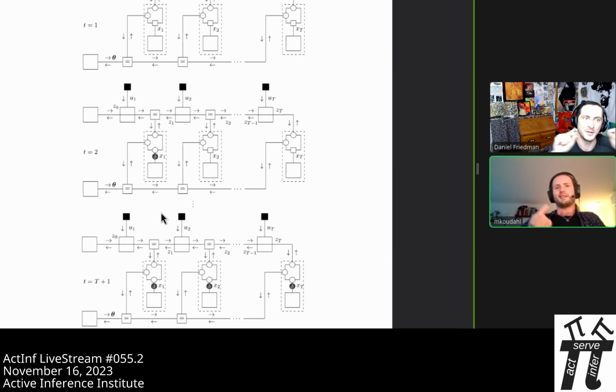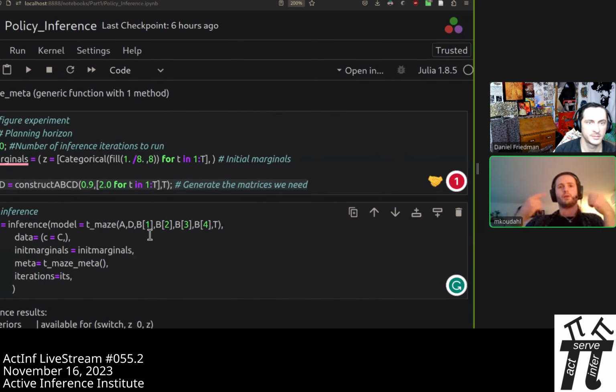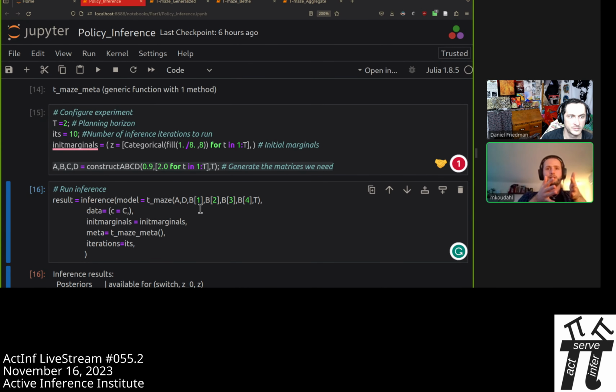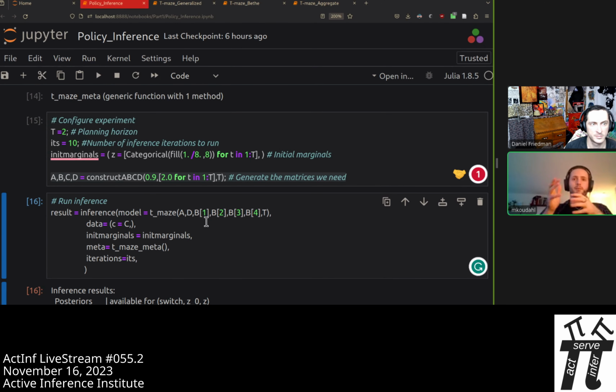Do we need to go to a finer scale, or do we? That's actually kind of funny, right? Because each of these messages, we're drawing them just as arrows, but each of these messages is a computation. You mentioned that you need to do a multiplication. One thing we need to do for these models is multiply a categorical variable by a transition matrix. That is an operation, that is a message. So there's a whole computation and derivation that you can find for how to do that operation. So everything should be completely transparent here.